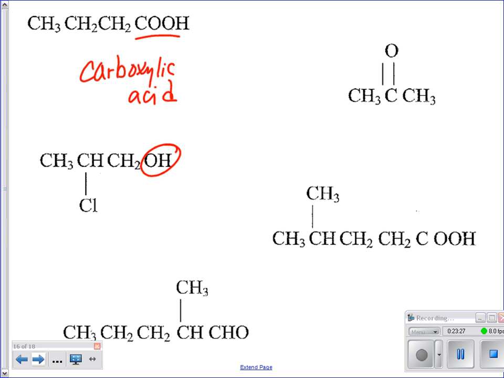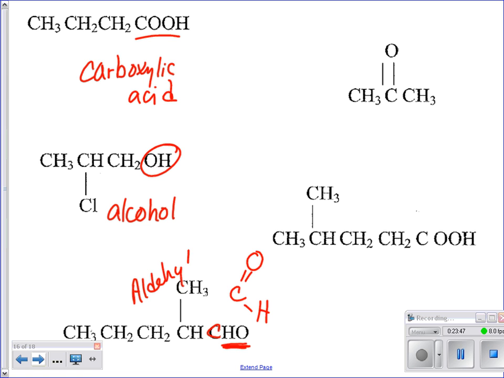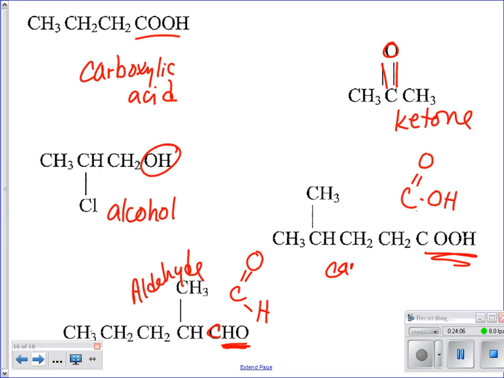What do we have? Right here we've got just an alcohol. And where am I? Let's go down here. Same sort of deal. You've got carbon with a double bonded oxygen and a hydrogen, so that's going to be an aldehyde. Over here, double bonded oxygen to a middle carbon, so there we have a ketone. Last one we're looking at is going to be your double bonded oxygen and a hydroxyl group on there. So there's your carboxylic